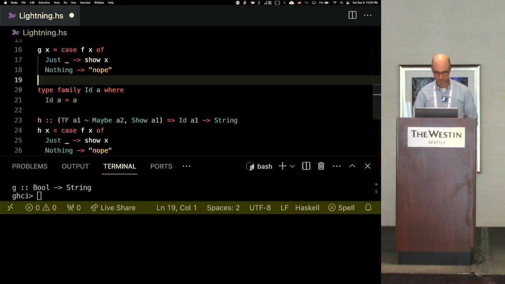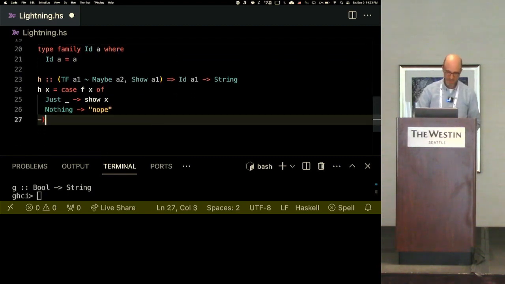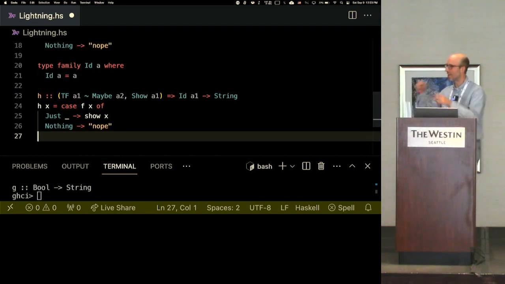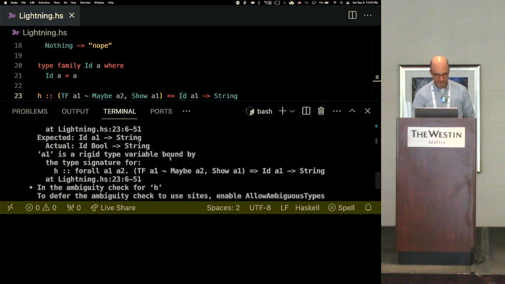And this means I have to redesign how functional dependencies work in general. You pull on one little piece of string and then the whole thing unravels. So here, I took that type signature that GHCi reported back to me, and I put it here. It's the same type signature. The only thing I've done is add this call to this silly type function id, just to confound the type checker. The type checker is clever enough that if I don't put the id in here, then the effect that I'm looking for won't happen. But now, if I try to reload, it fails, saying that the type of H is ambiguous